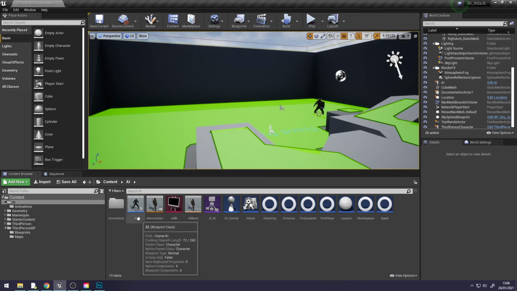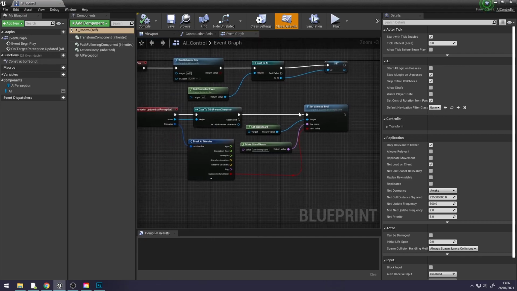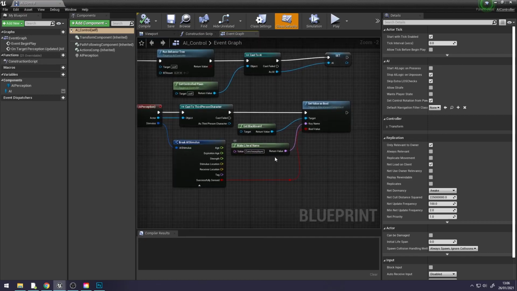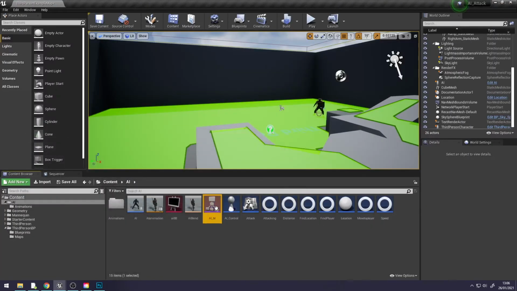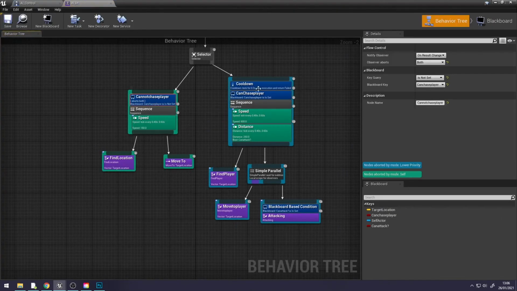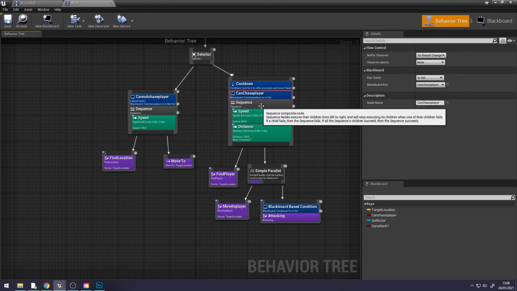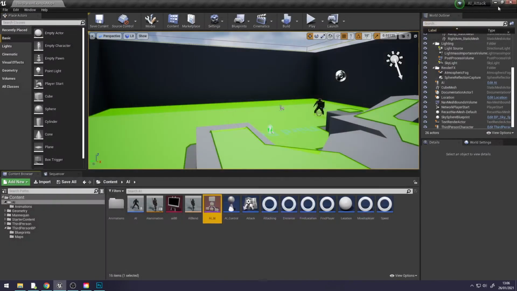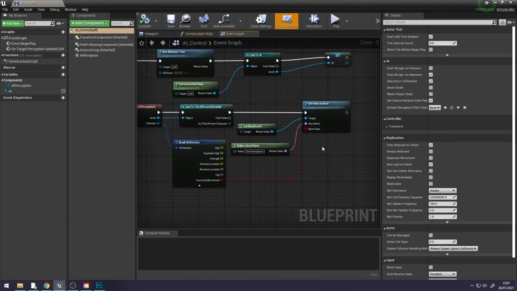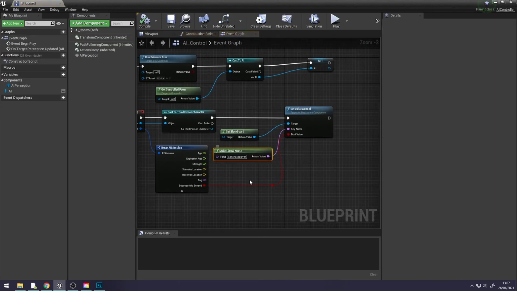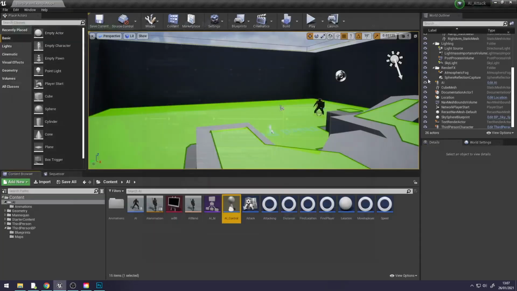The first one we can fix if we go into our AI controller and we want to set the can chase player blackboard key, the one in our behavior tree that determines if we can chase us or not, to true when it takes damage. So if we select make literal name, get blackboard, and set value as bool, and just copy them, Control C,